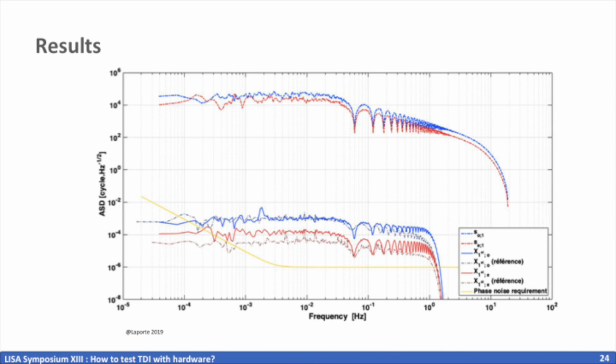These are the latest results from Mathieu Laporte on TDI 1.0, and they show that TDI 1.0 works properly, with a reduction factor of the laser frequency noise of around 7 orders of magnitude for the optical interferometer and 8 orders of magnitude for the electronical interferometer. We can see that the phase noise requirement is not reached. In fact, it's the LISA phase noise requirement, and LISA on Table doesn't have the same accuracy.